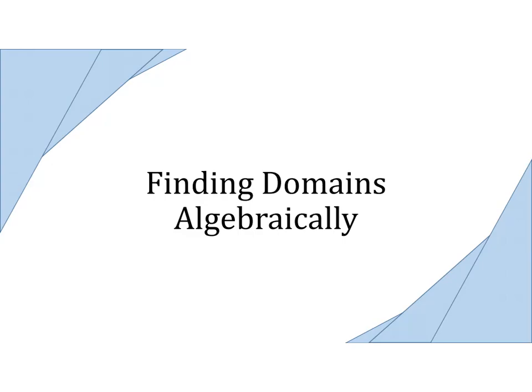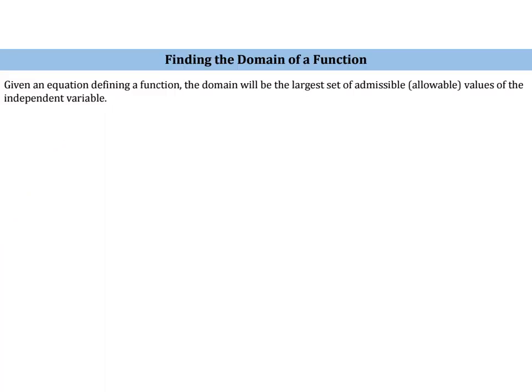Now that we have talked about function notation, we can go ahead and look at how to find the domain of a function algebraically. First off, whenever we are looking at the domain of a function algebraically, we're going to start with the largest amount of values that we could possibly think of and narrow it down. So we're going to look at the largest set of allowable values of our independent variable,